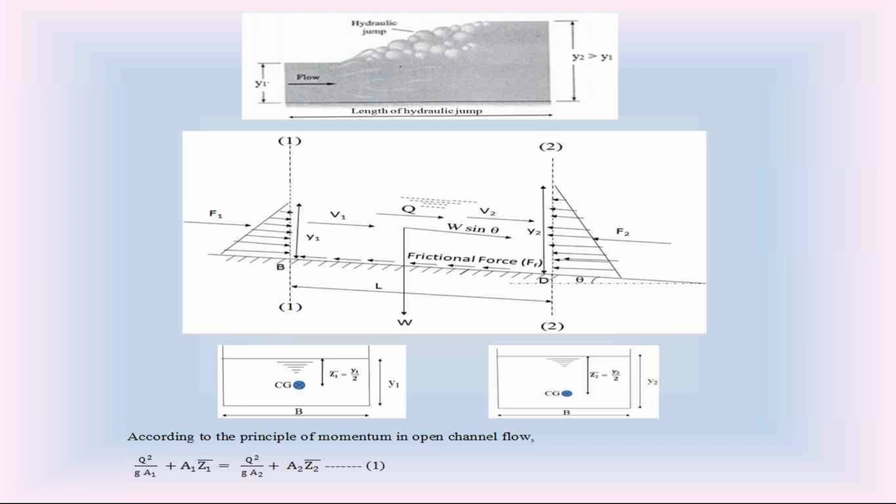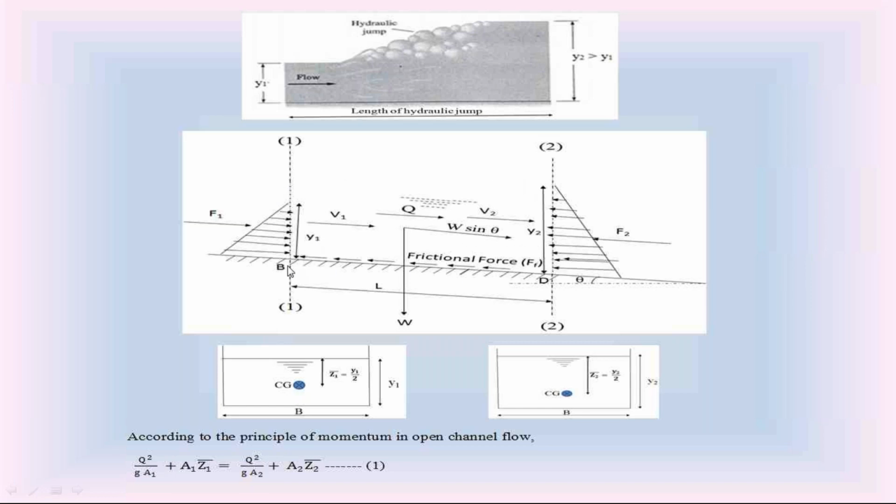Now we are going to study this hydraulic jump formed in the rectangular channel. So before the hydraulic jump, this is section 1 in the rectangular channel. After the hydraulic jump, section 2 in the rectangular channel, and this is the water flow in the hydraulic jump. Channel bottom. We discussed this diagram a number of times. This is the Newton's second law diagram.